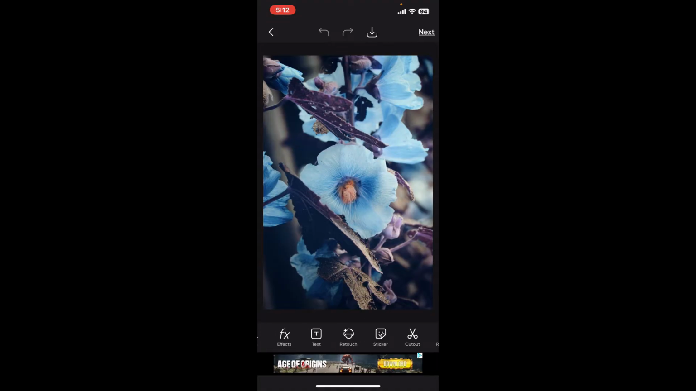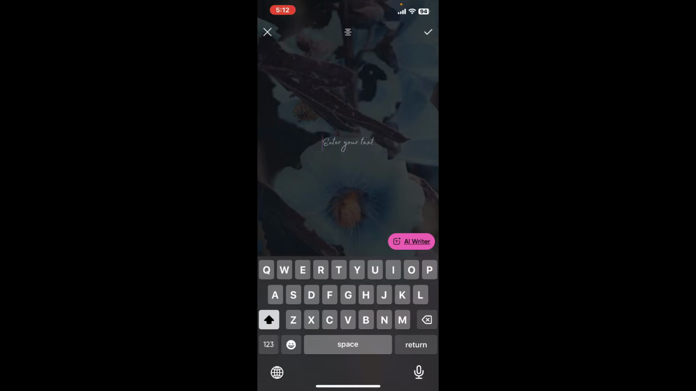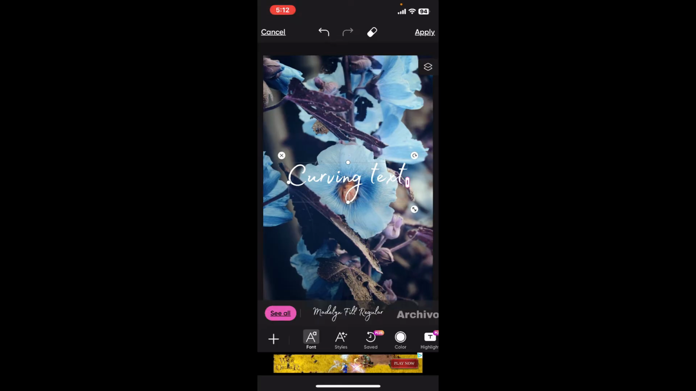Go to the bottom of the screen and tap on the text option. In the text box, enter the desired text. Type in your text over here on the page and then click on the tick mark at the top right hand corner. After you are done entering the text and it is shown on the preview page,